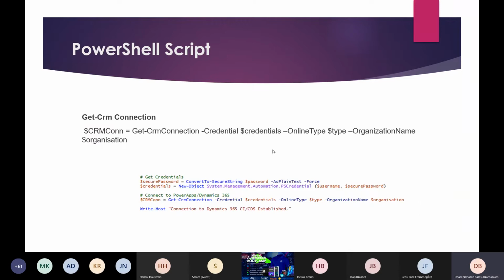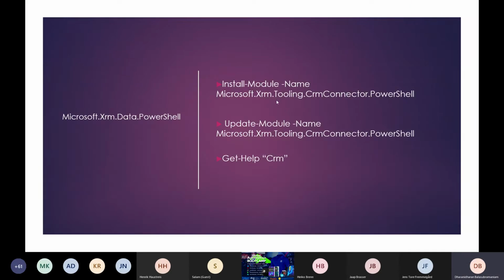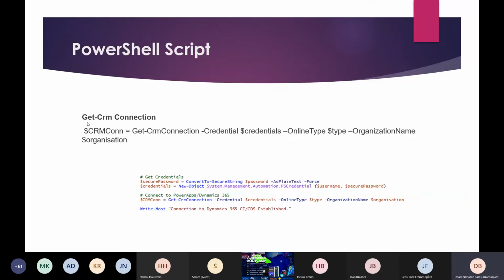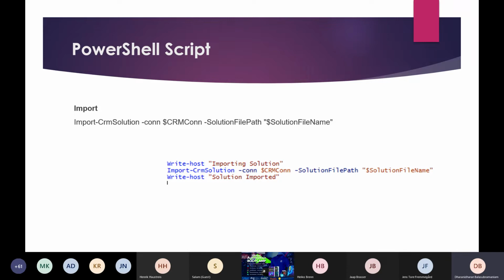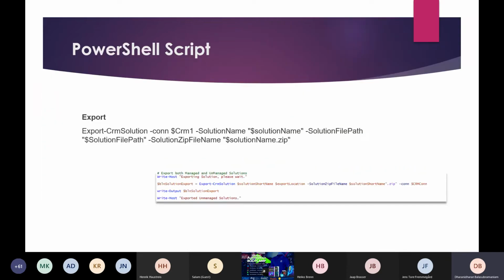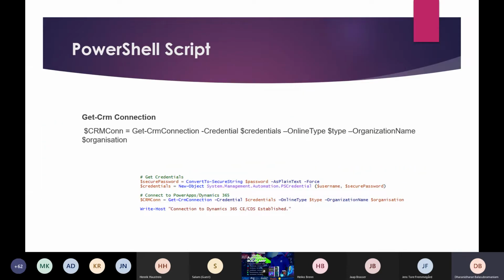Once it is installed, these are the main commands which we will be using. One is Get-CrmConnection, one is Export-CrmSolution, and the third one is Import-CrmSolution. These are the main things we'll be doing as part of our automation process. First, as I mentioned, once the developer completes the user story, and if he or she is done with their unit testing, the next thing they need to do is